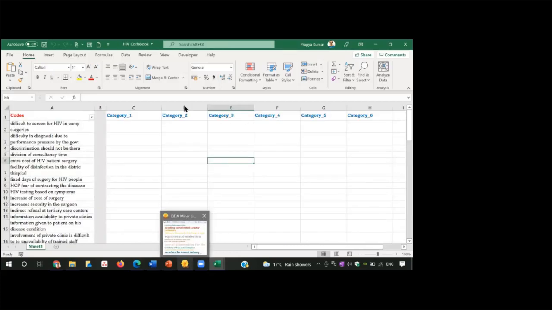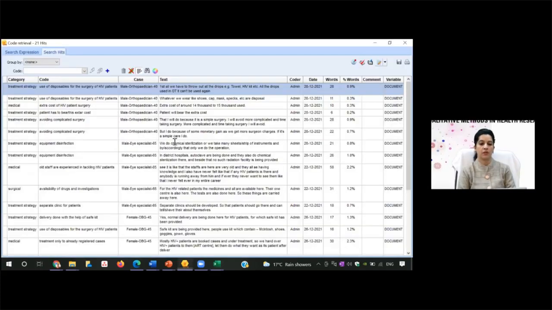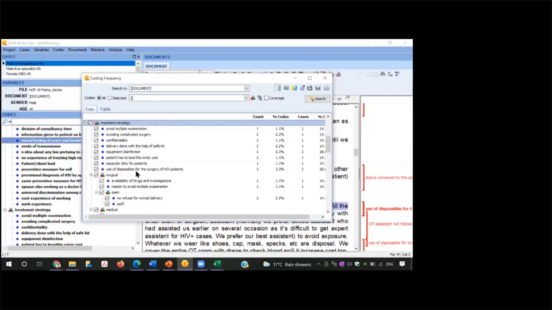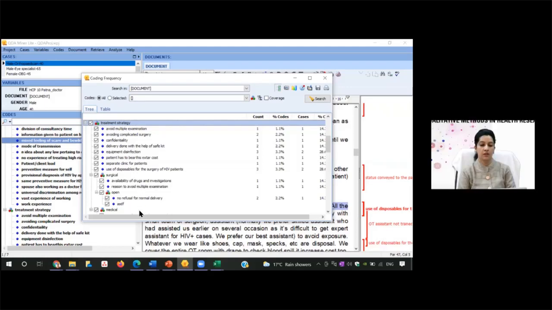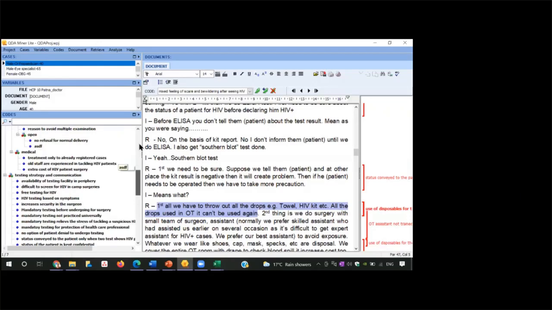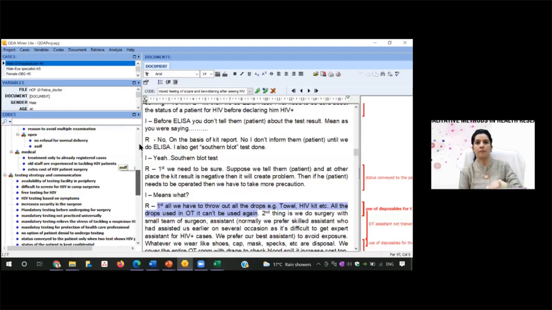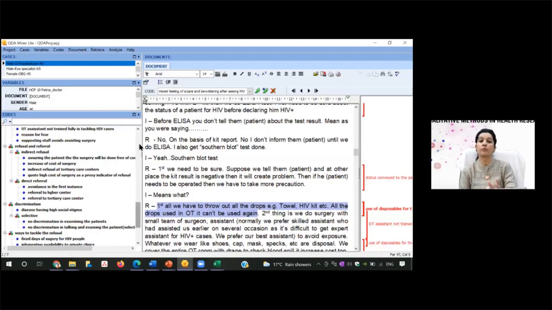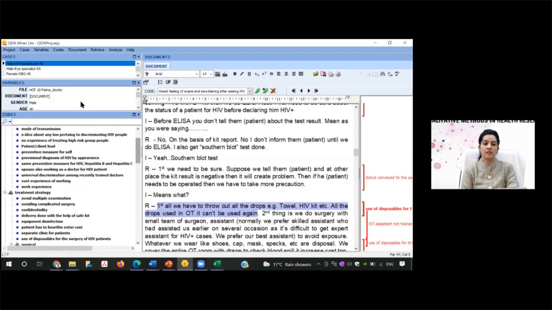maybe I'll close this. I'll close this too. So if so many open codes are there, can you see? Now it is difficult for me to see all the codes together in one view, because I have to scroll down and see, and many times it feels a little bugging, scrolling up and down and searching, when you have got too many. Maybe if I've got 100 or 200, if it's a large project, then what you can do, the way we asked you to save your code book, you can save that code book and copy paste it in the Excel sheet.